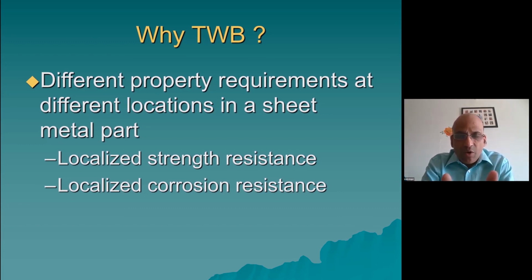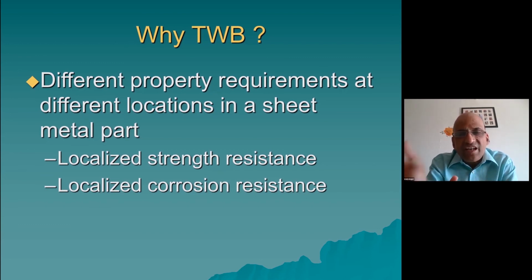Just imagine that you have one component, and in one region of the component you need a larger strength or larger load bearing capacity. How would we handle it? If no TWB can be used, then our single monolithic sheet blank will either be the thicker material throughout or a stronger material throughout. That is how you can achieve the high strength requirement in certain regions of the component. So you are forced to choose a thicker material throughout the component. Now, if you have the opportunity to put the right material, right thickness at the right location for a given component itself, then you can see that the opportunities open up.